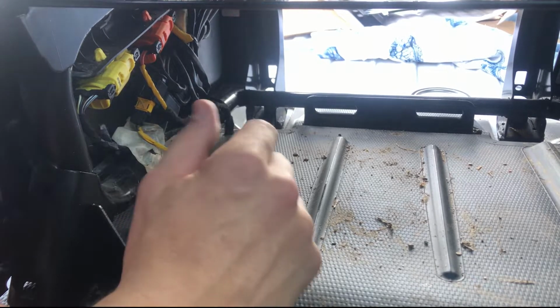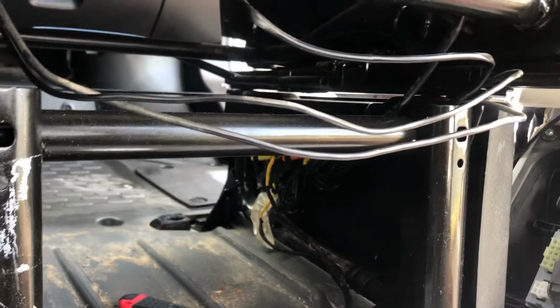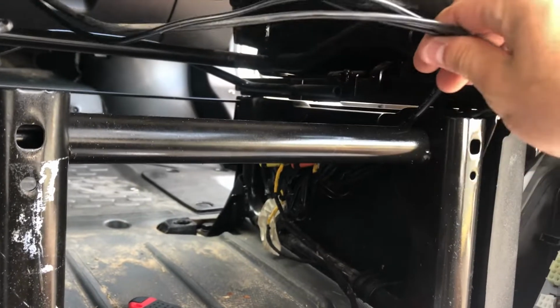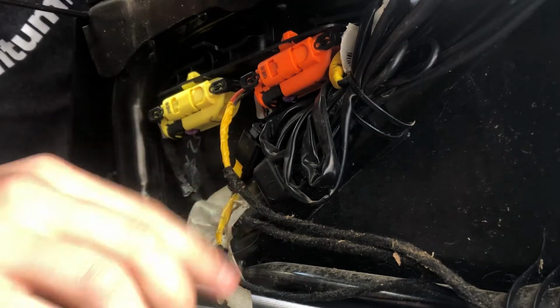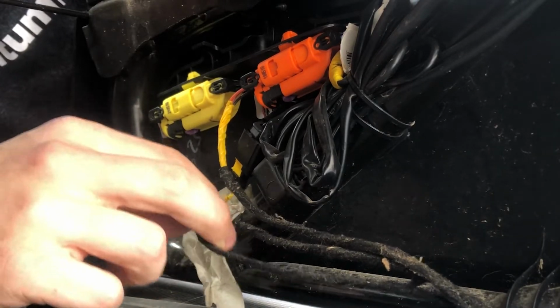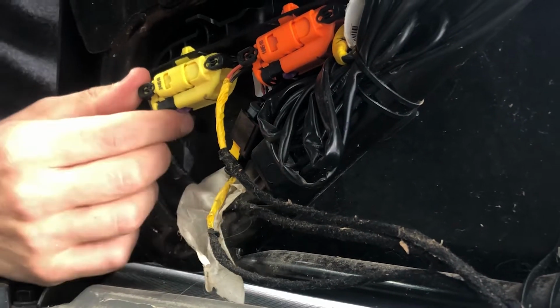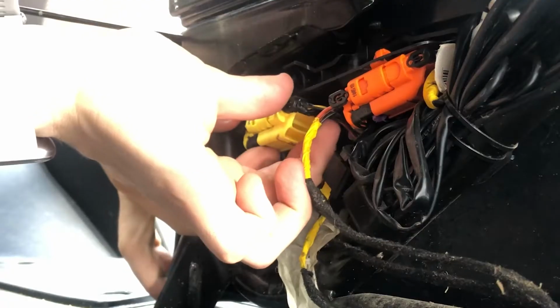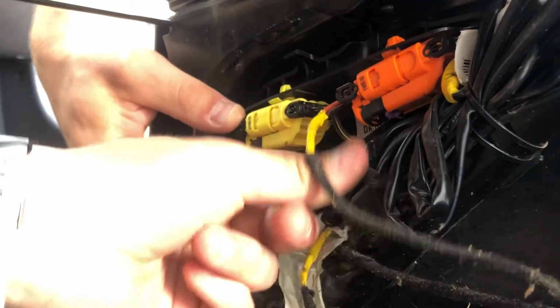So here's the hope the airbags don't deploy. Unclip your battery before doing this. All right, so the zip ties have been removed off here. We have the yellow, the orange, and it looks like a black. Whew. A little scary here. So make sure your battery's unplugged. And here we go. And then there's like this little slide. And from there,